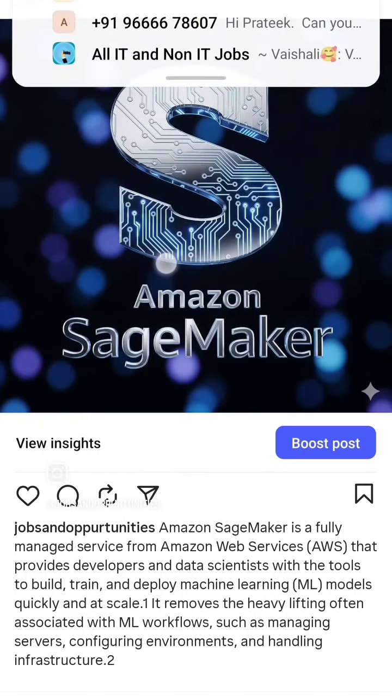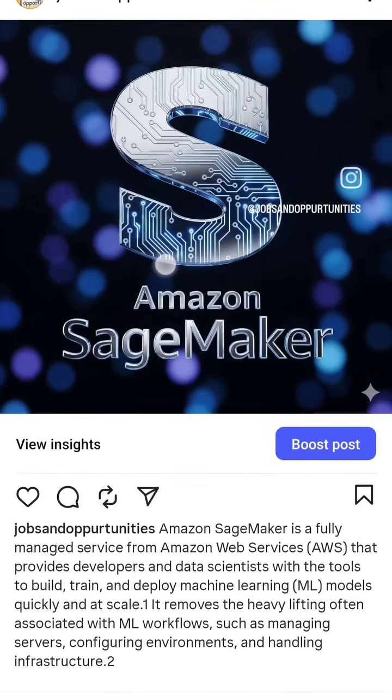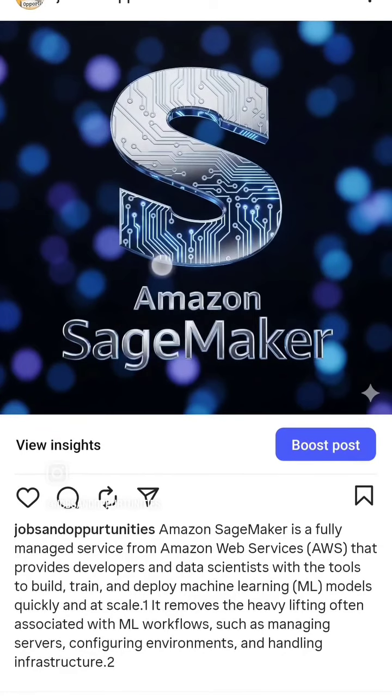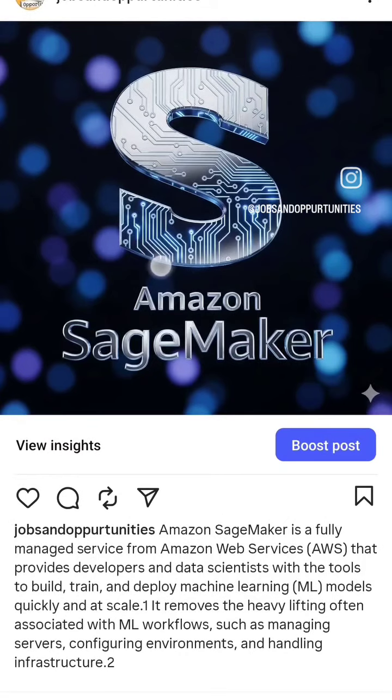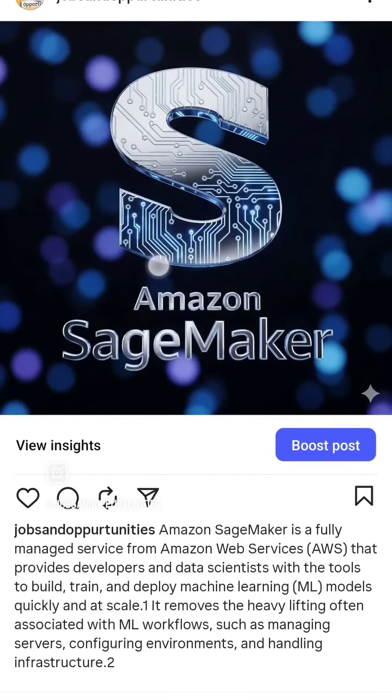So, key components. SageMaker's end-to-end platform is divided into three stages. First is build, where SageMaker provides a variety of tools to prepare your data and build your models. This includes SageMaker Studio, a web-based integrated development environment for ML, and SageMaker Data Wrangler for data preparation. You can use a pre-built algorithm or bring your own code to build models. You can build, train, and deploy.